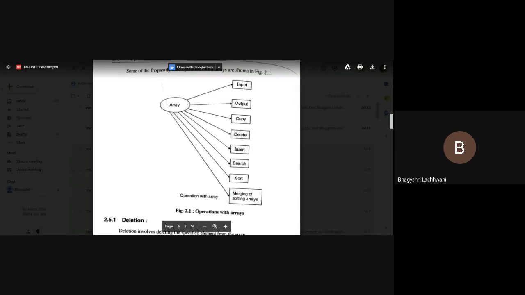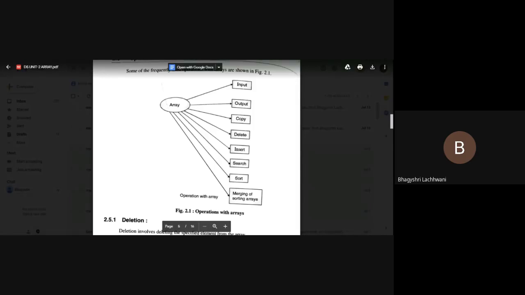Second condition. Suppose I give you the same array, 1, 2, 3, 4, 5, and I give you a task to search whether 3 is present in the array or not. You will search: 1 is equal to 3? No. 2 is equal to 3? No. 3 is equal to 3. Condition is fulfilled. That means you will stop searching here and print the location. At the third element, your search element is found. So there is no need to check the remaining elements because the search criteria is already found in our array.